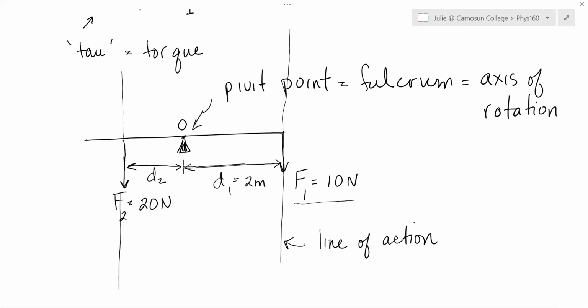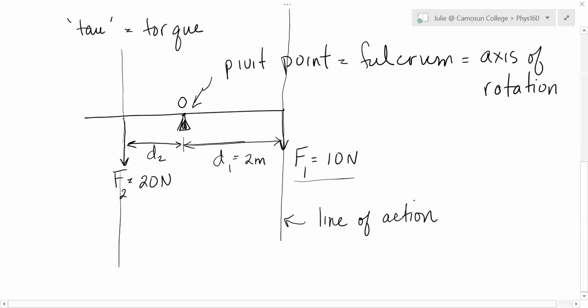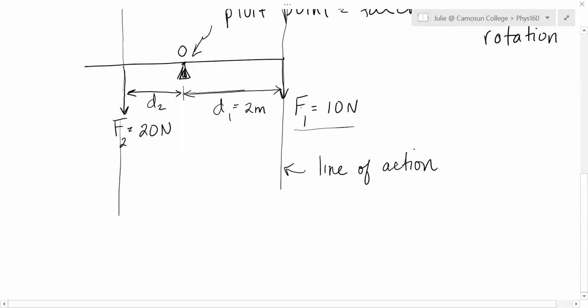Now, we will have to worry about whether these forces are trying to get this teeter-totter to rotate clockwise or counterclockwise. And that's how we're going to classify torques. So this F1, if you put your finger on O and imagine letting the teeter-totter go as a result of F1, it's going to go clockwise. So this is a clockwise